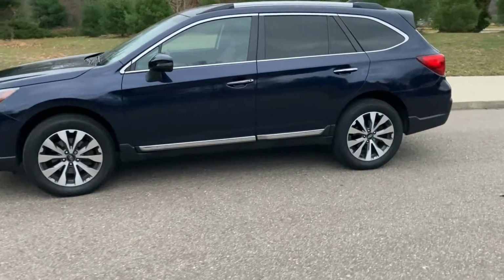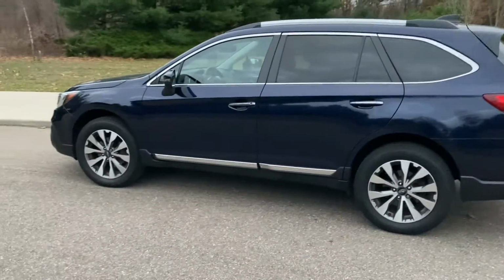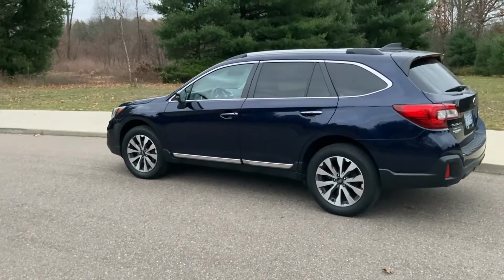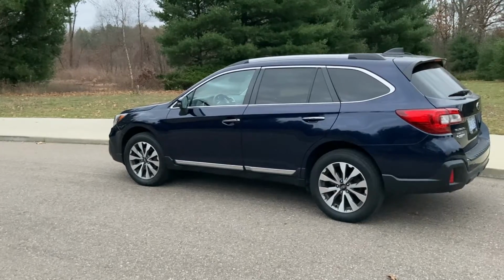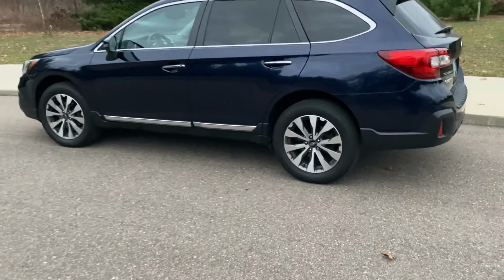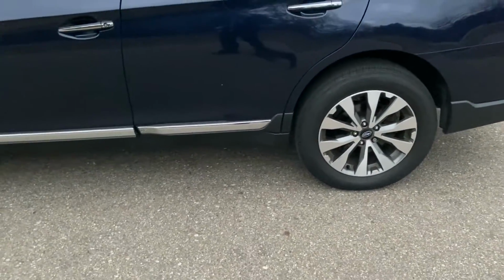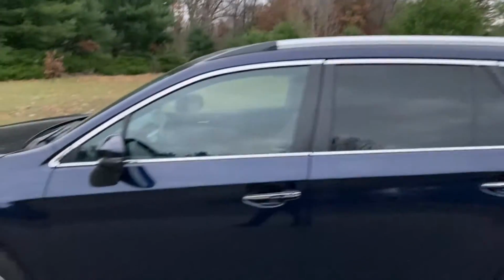We got a certified pre-owned here in Michigan where we live, and this car has about 38,000 miles. We've put about 200 miles on it since we got it about 2 weeks ago, and I just want to go around. We've got some 18-inch rims that are unique to the Touring model, some chrome cladding, chrome door handles, chrome roof rails,